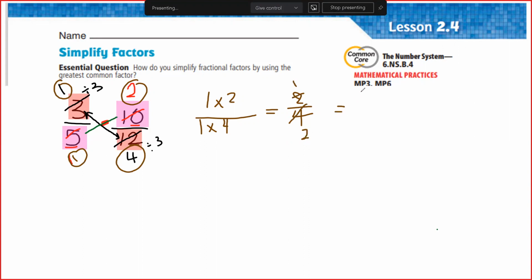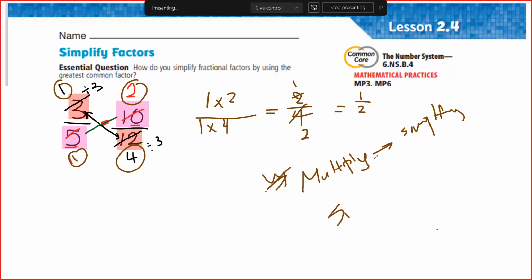So the final answer will be 1 over 2. So now you can multiply in 2 ways. You can multiply first, then simplify, and you can simplify first,